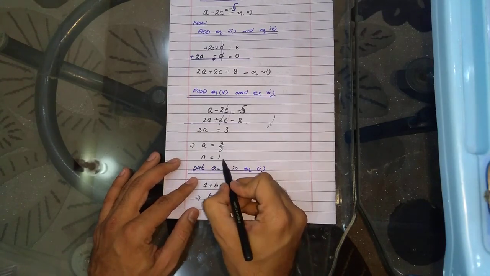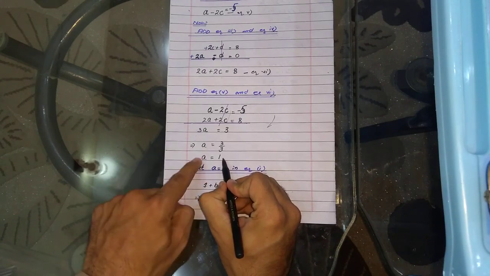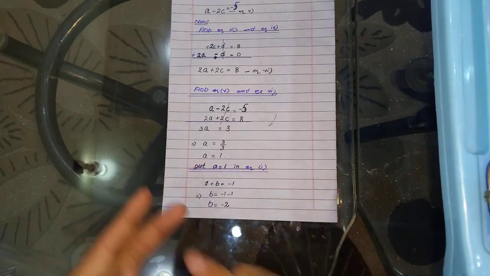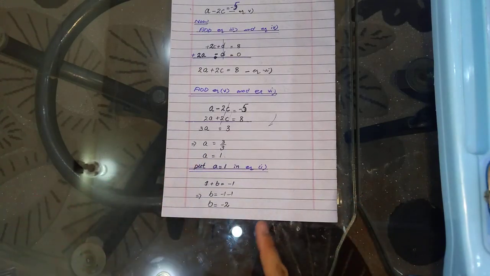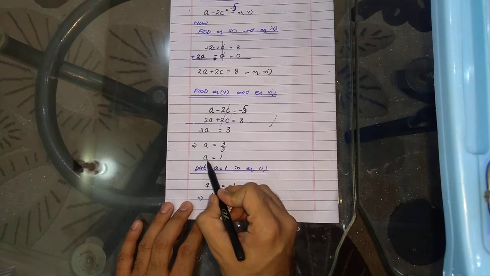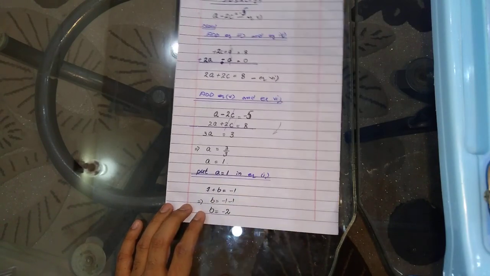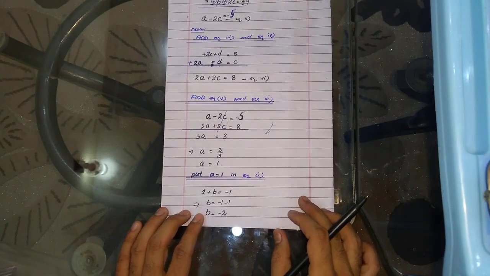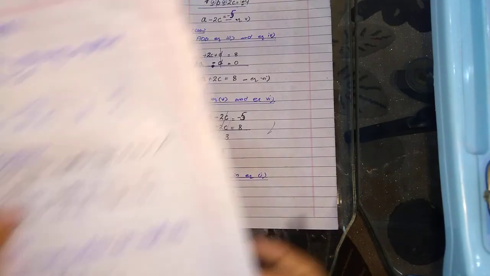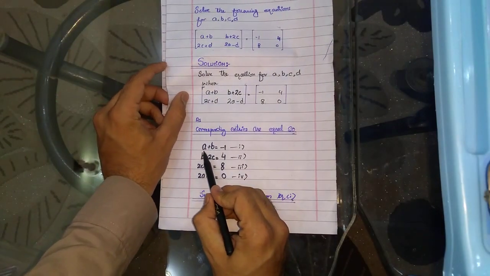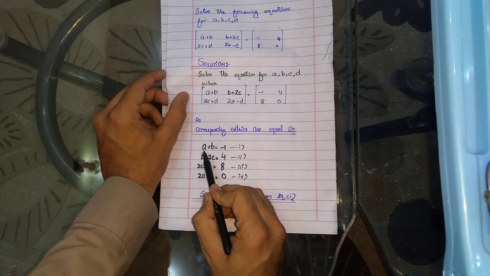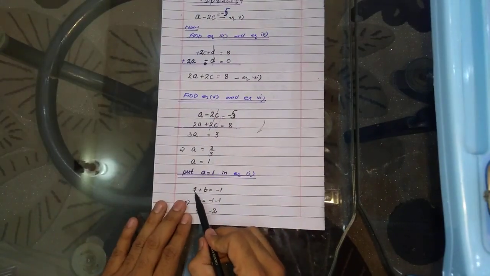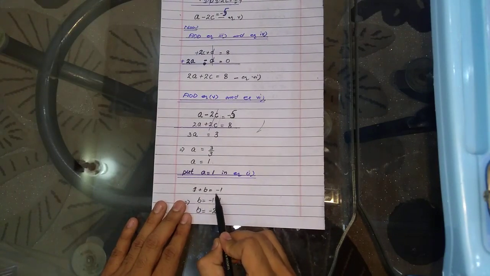Now student, this is our turning point. Now by this step, stepwise, we will get B, then C, then D. Okay, first of all, use this value of A is equal to 1 in equation 1. What you will get? You will get the value of B. Look here student, this is equation 1. Now we have A is equal to 1, so you have to put A here, that is 1. So look here, we have put A is equal to 1 in equation 1. 1 plus B is equal to -1.